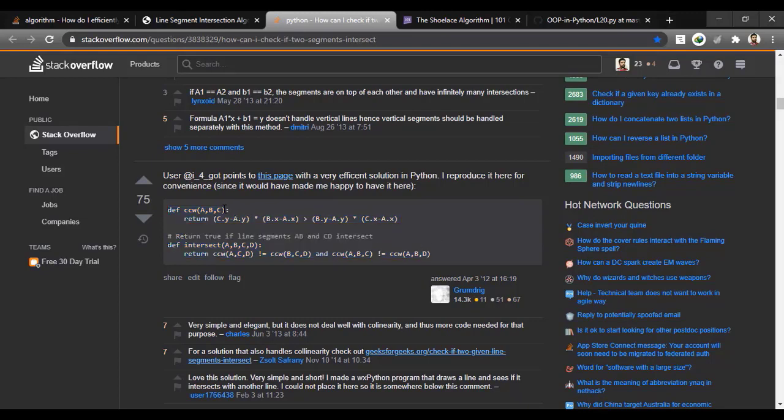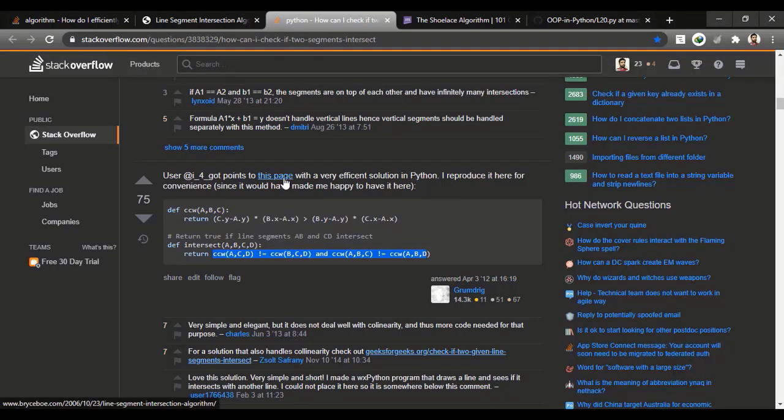This solution starts with the function ccw for counterclockwise, which takes 3 xy points a, b and c as input arguments. This function checks if the two line segments AB and BC formed by the input points are connected in counterclockwise direction or not. Then it has the other function intersect, which takes 4 xy points as input arguments, and those represent two line segments AB and CD. Based on these conditions of line segments in clockwise or counterclockwise placement, it is decided if the input line segments are intersecting or not.